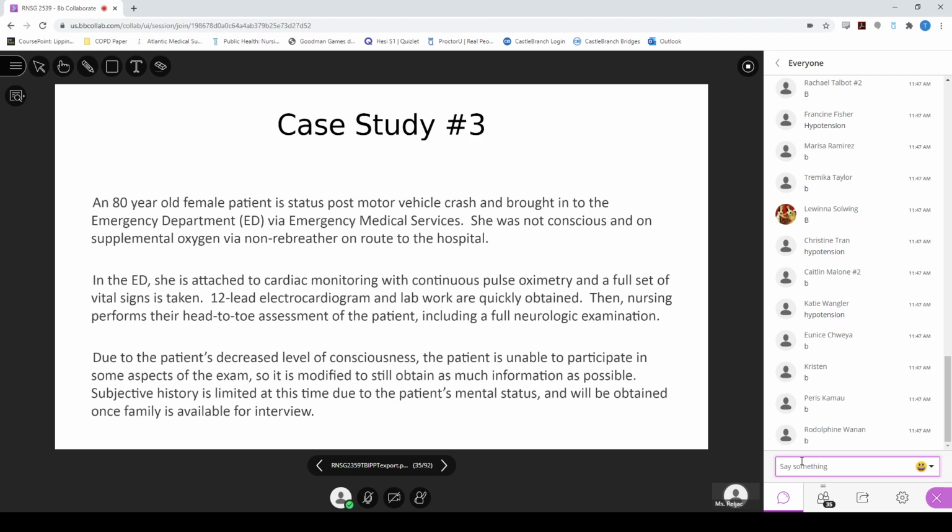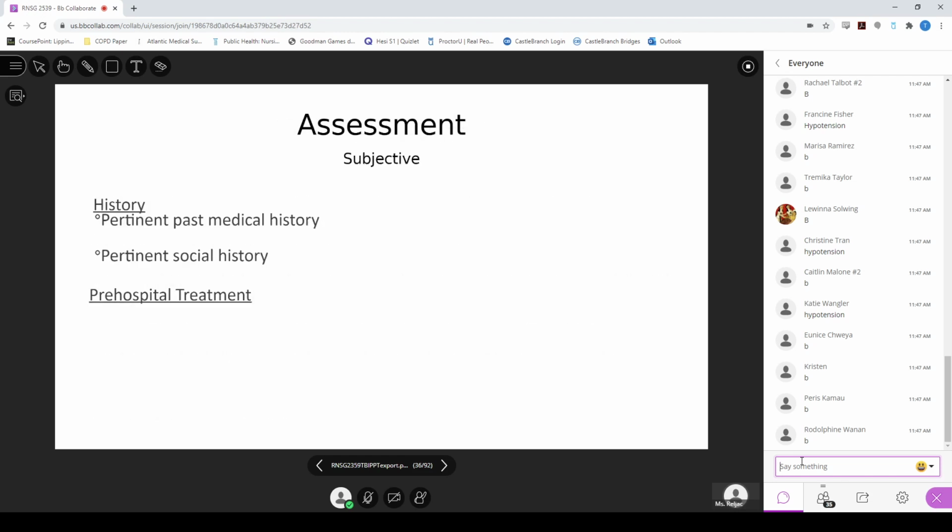Due to the patient's decreased level of consciousness, the patient is unable to participate in some aspects of the exam, so it is modified to still obtain as much information as possible. The subjective history is limited at this time due to the patient's mental status and will be obtained once the family member arrives for the interview. So with history,